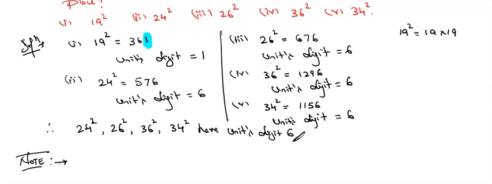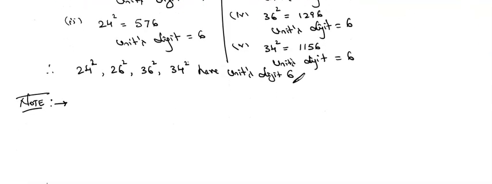Instead of solving, if you get this type of question in multiple choice, like objective type MCQs, you need not solve like 19 square means complete 19 into 19, then check it is 361, sir 1 is coming. You need not check so much in case of multiple choice. I am showing you the logic, what you should do. Just directly you can tell whether the number has unit digit 1 or 6 or whatever they ask.